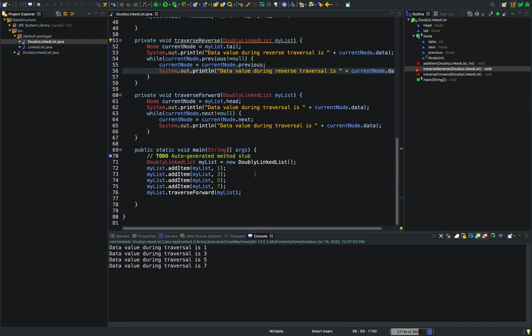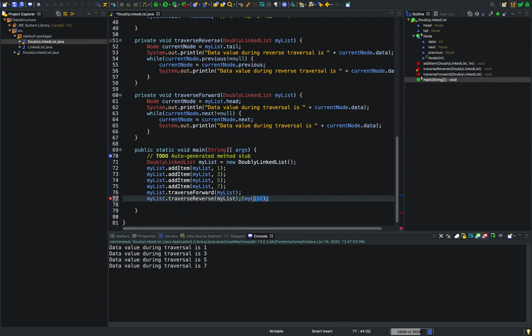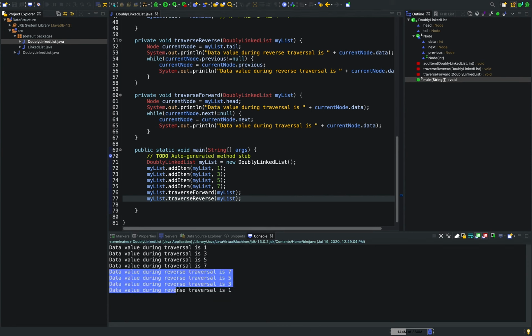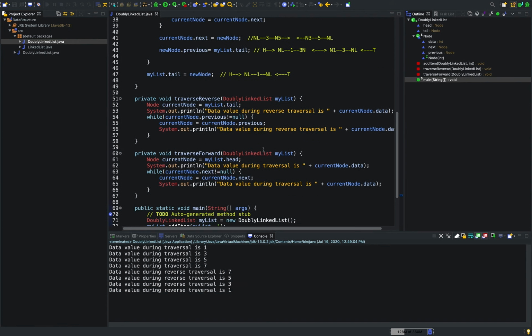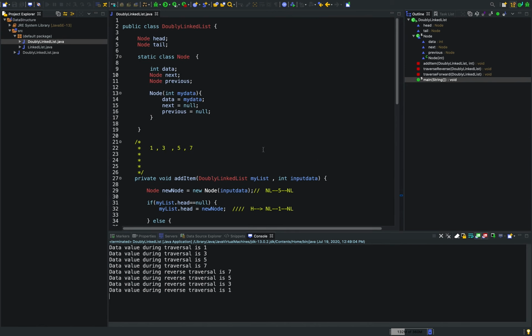I hope this logic works. Let us call this method, mylist dot traverse reversal. Let me execute this program. You see, during the reversal, it starts from the tail node, iterates through the previous, and gets the data in reverse order: 7 5 3 1. Hope you understand the concept of doubly linked list. So I recommend you